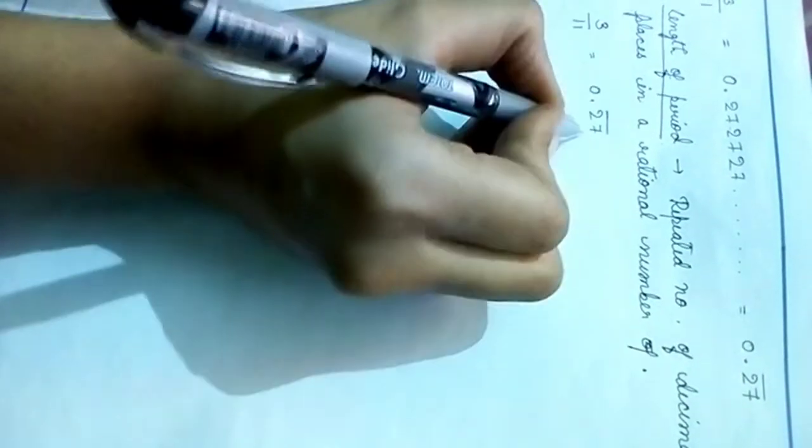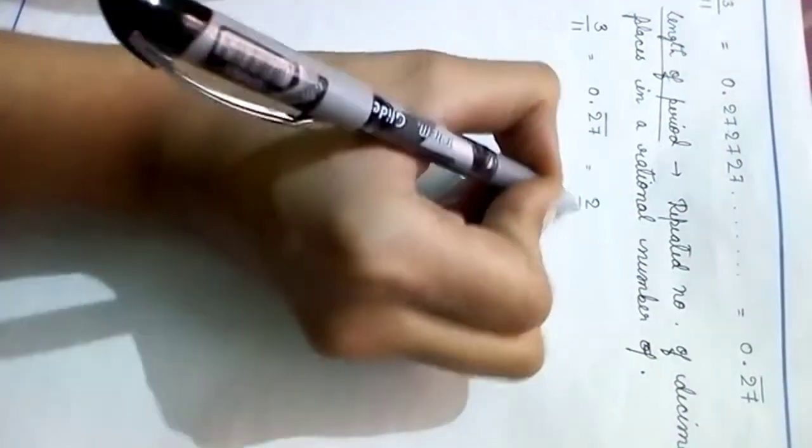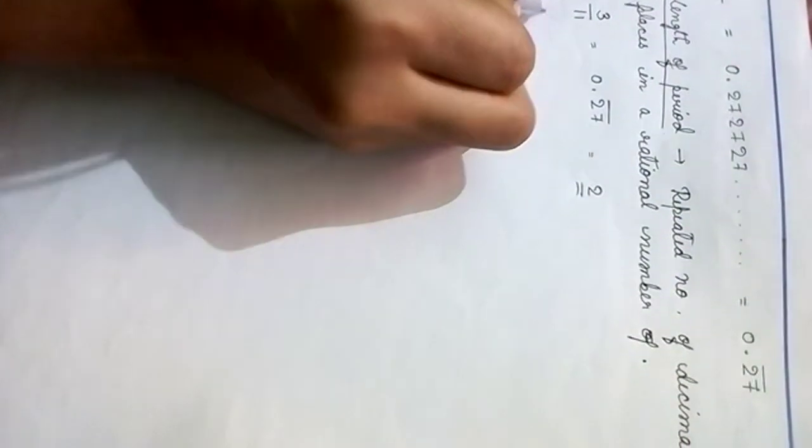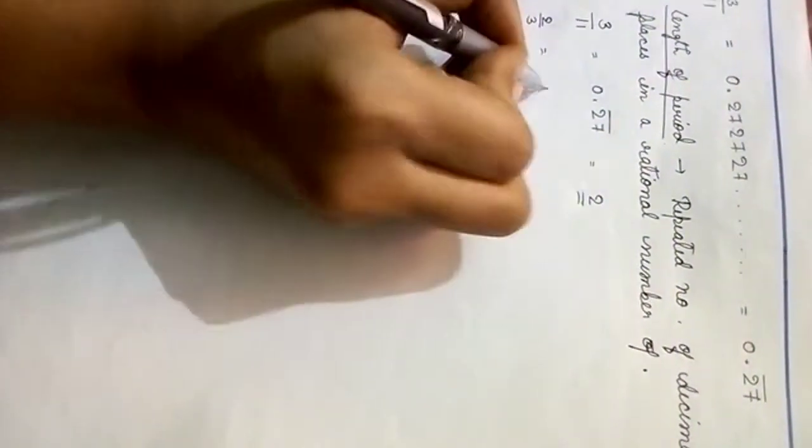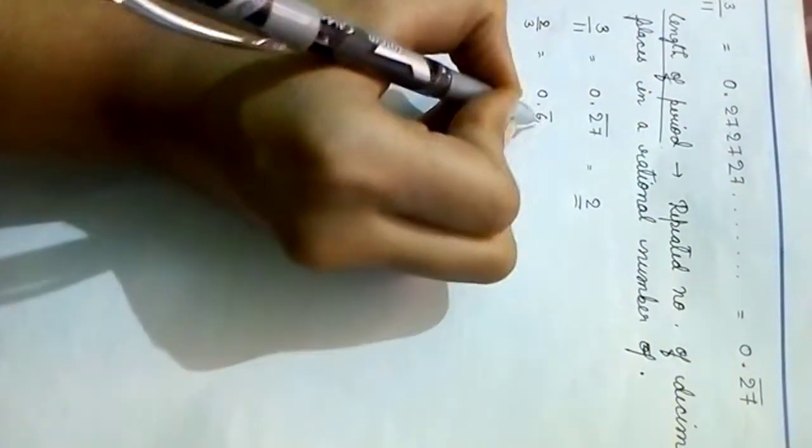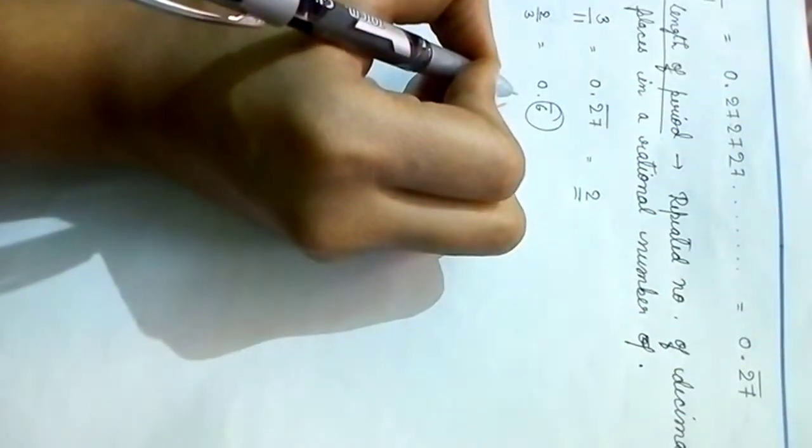जैसे कि हमने जो पहले एग्जांपल लिया था, दैट इज 3 by 11, उसी में देख सकते हैं 0.27 बार रिपीट हो रहा है. सो द लेंथ ऑफ इट्स पीरियड इज 2. ओके, उससे पहले वाले एग्जांपल में वी कैन सी दैट 2 by 3 में लेंथ ऑफ द पीरियड था 1 बिकॉज 6 was रिपीटिंग कंटिन्यूसली. ओके,